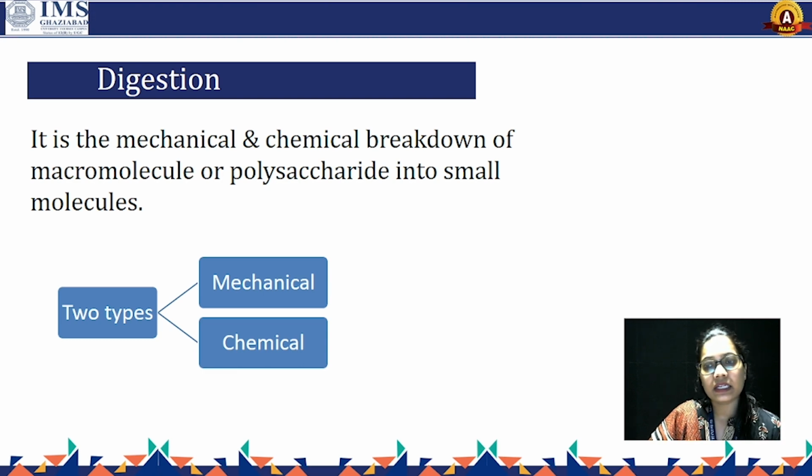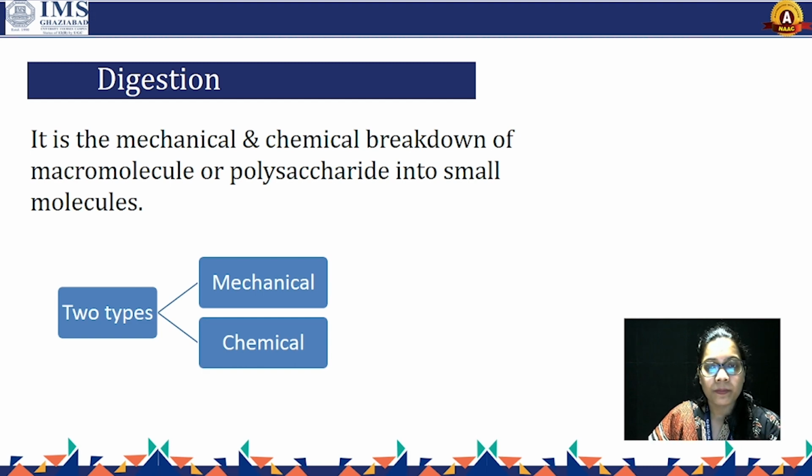So mechanical digestion, as I have said, involves the teeth. The function of the teeth is the mastication of the food, converting large particles into smaller ones, whereas the role of the tongue is to smoothen and roll the food particles. The role of the saliva is first to convert starch or complex carbohydrate into the simpler disaccharide form, and second, it also smoothens the food particles so that our buccal cavity can easily transfer them to the